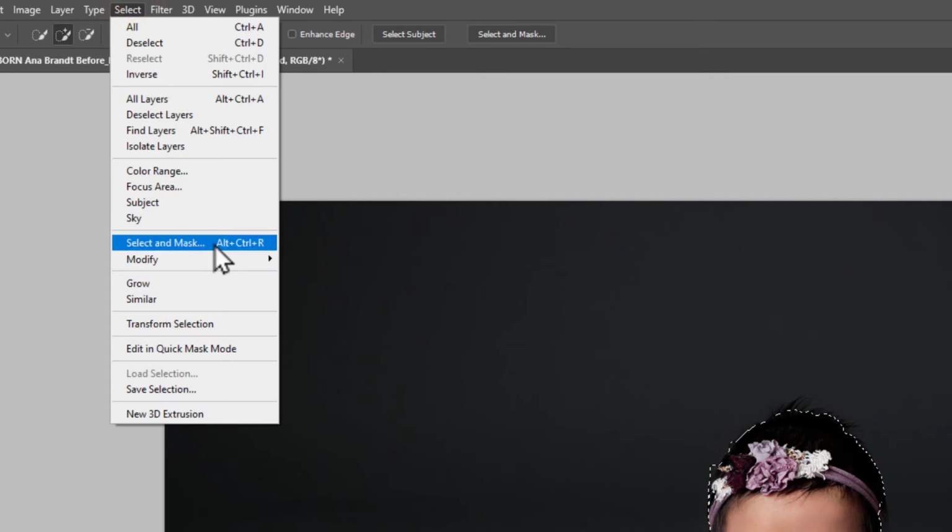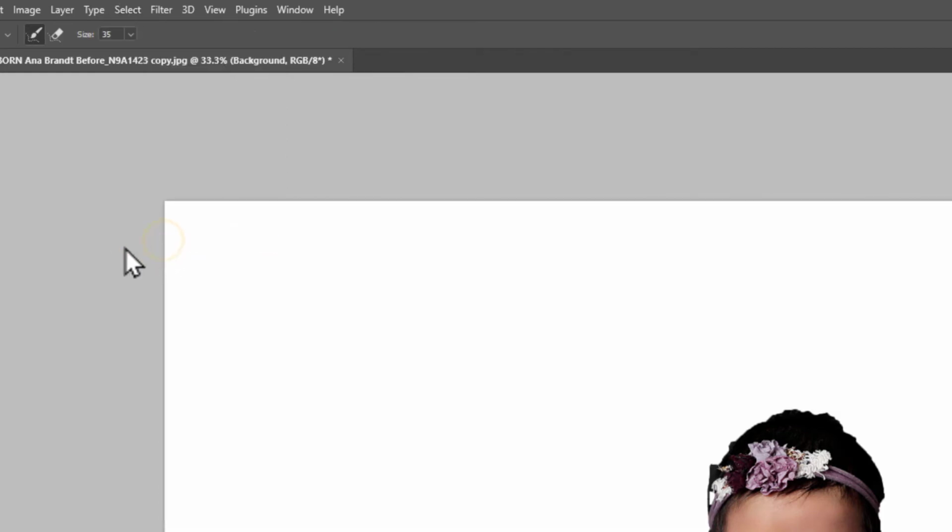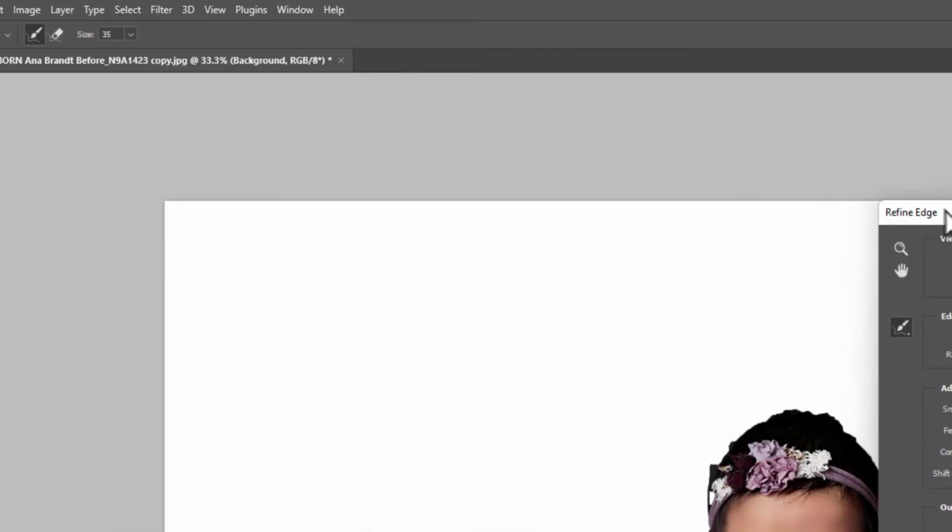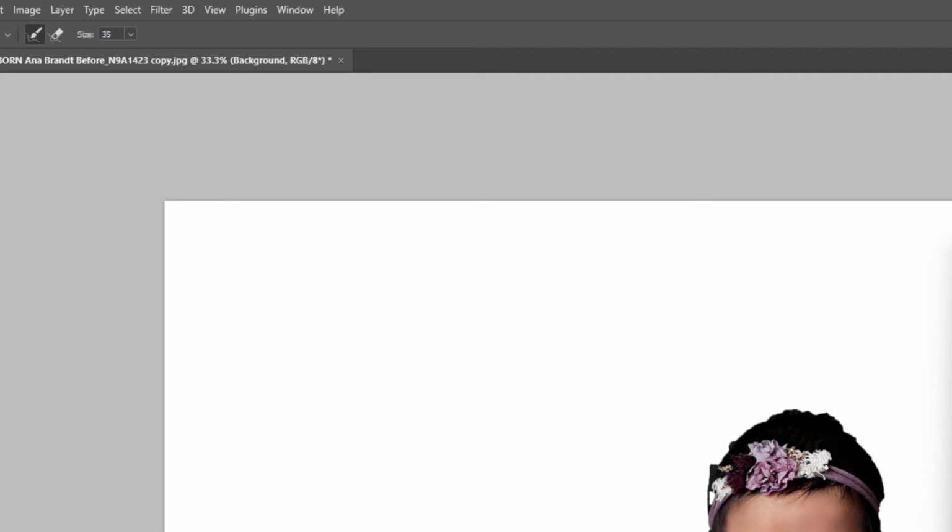I'm on CC, so it's probably select and something else, but anyway, the select option here on select, if that makes sense. Refine edge tool, that's the one. So select refine edge. I'm having to work around a little bit here, and we can pop that radius up a little bit there,